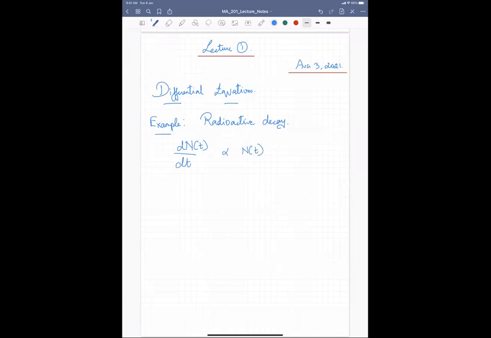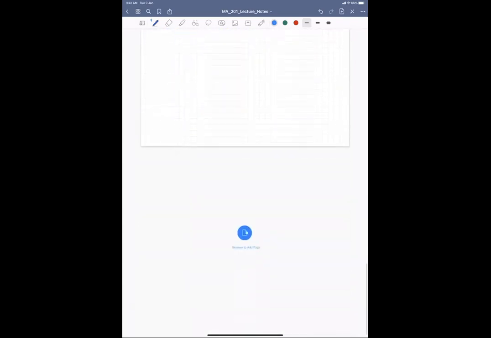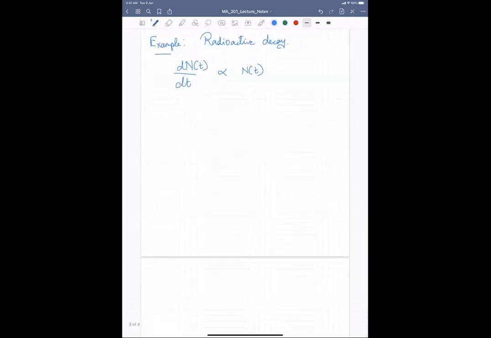So this is one way you can model. This is a proportionality sign. Unfortunately, it looks like alpha. This is one way you can start thinking about this physical system. You model the physical system, right? You have taken your first steps into writing the differential equation for this particular system, which you have already seen before, I'm sure. So what is the next step? The next step is, of course, to solve this differential equation. So I will turn this proportionality into an equation and claim that dn/dt is some constant c times n.